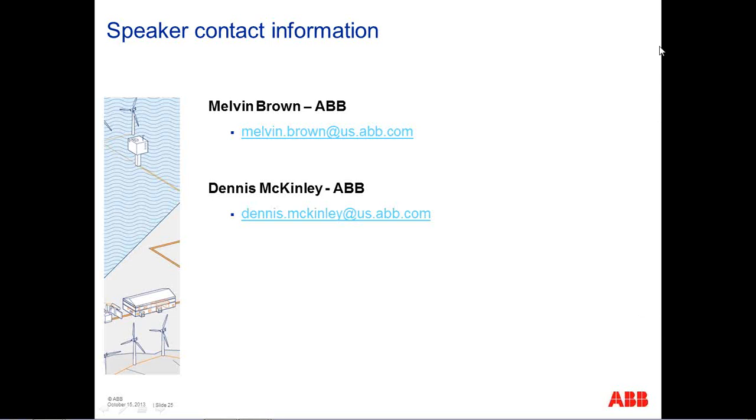The thing I want to highlight is that it's very important that you do the system studies initially, up front. For example, like I said before, you need a short circuit study to size your cable, size your components, determine your short circuit rating, and you need your grounding studies to determine what type of ground and system you're going to use within the plant, and it affects your transformers, both the generator step-up transformer and the